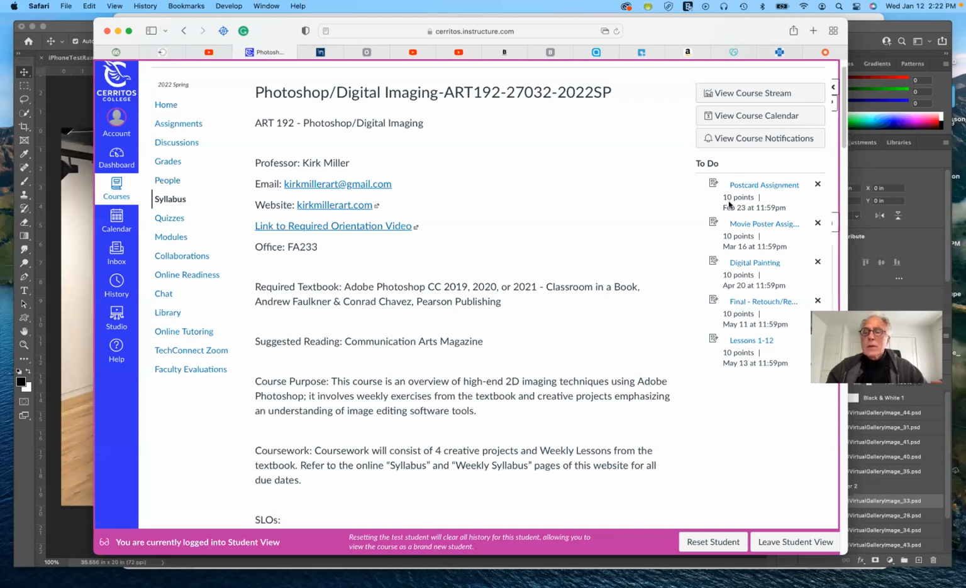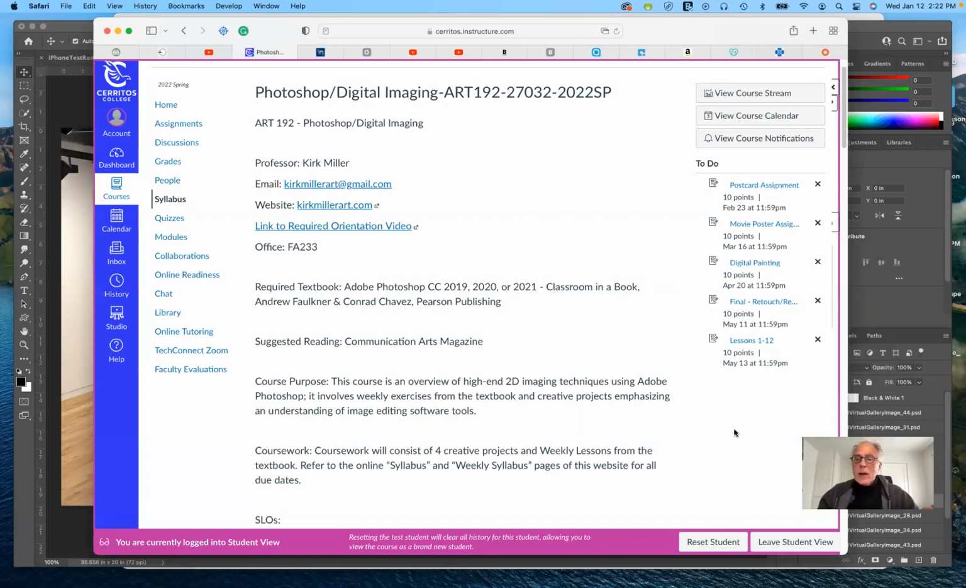assignment. And again, for any examples from the postcard, movie poster, and digital painting, I have those on the page for Kirk's classes. Not a lot of examples for the digital painting or the postcard, but there are some to give you an idea of what I consider to be good work. In addition to